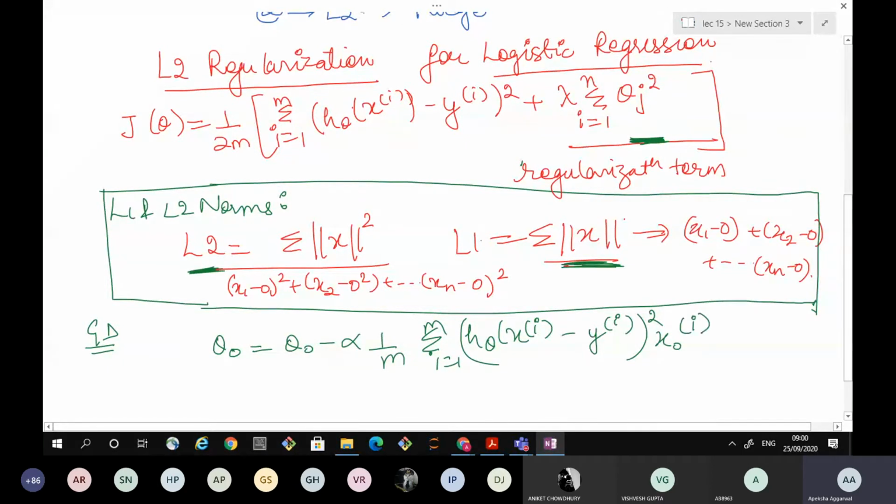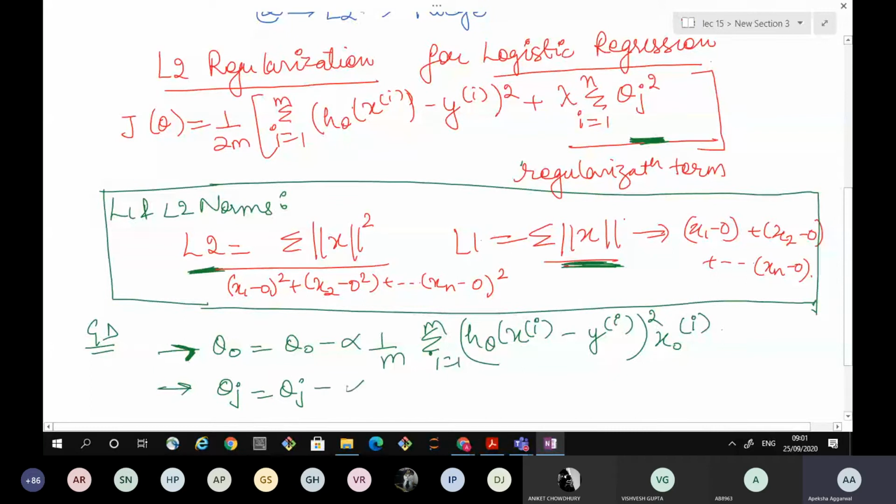We have already studied that this is the derivative of J theta. This is how we update weights in my logistic regression. And for theta naught we do this part,